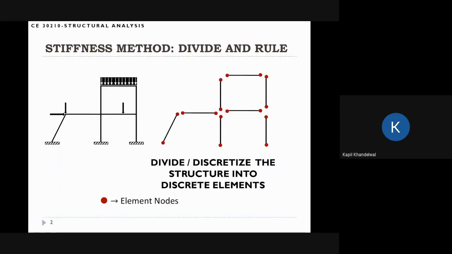The basic idea of the stiffness method is the divide and rule strategy. What we do here is we take a structure and divide the structure into small pieces. Sometimes we call these pieces finite elements or just elements. And the idea here is we can express the physics of an individual element easily. It's difficult to express the physics of the entire structure, but we can actually learn the physics of an individual